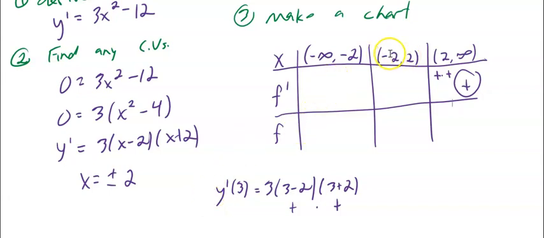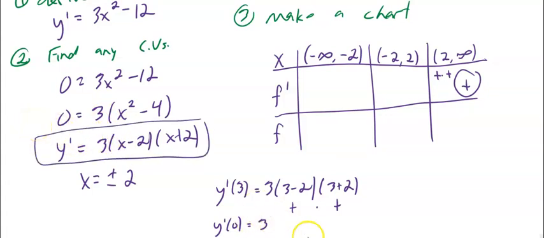So I'm going to next test a value in between negative 2 and 2. I think there's an easy one for me to test here, and it's 0. So if I test 0, I'll write it out, y prime of 0 equals. I get my 3, that's this. And remember, I said that this is a valuable form, and that's what I'm using right now. I'm using that factored form of y prime, because all I need to know is if it's positive or negative. So I get 3, open parentheses,